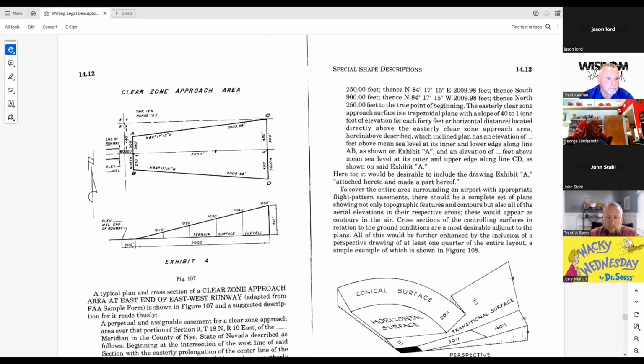It was interesting because it just looks like a lot of space, but there really isn't a lot of space out there because it's all occupied by these weird oblique surfaces across the entire area, which means that you can't build anything within a certain number of feet of this, or it has to be below X number of feet of that, and it changes the way that the lots can be sold and the value of the lots for sure.